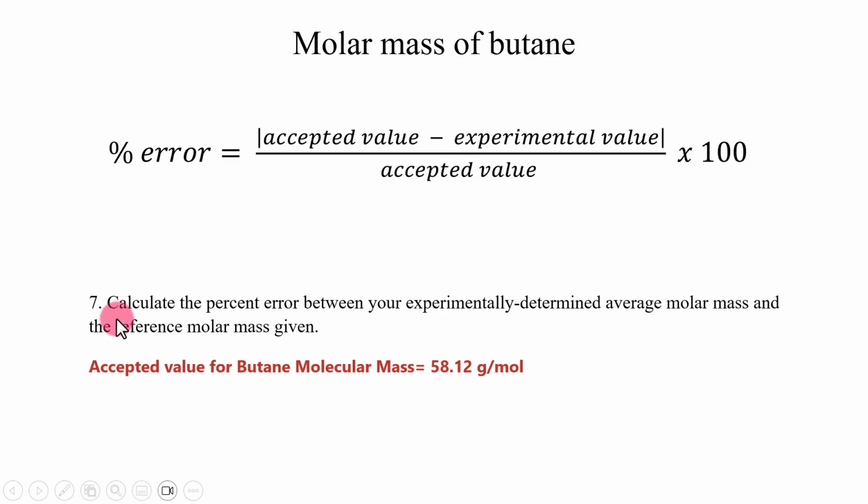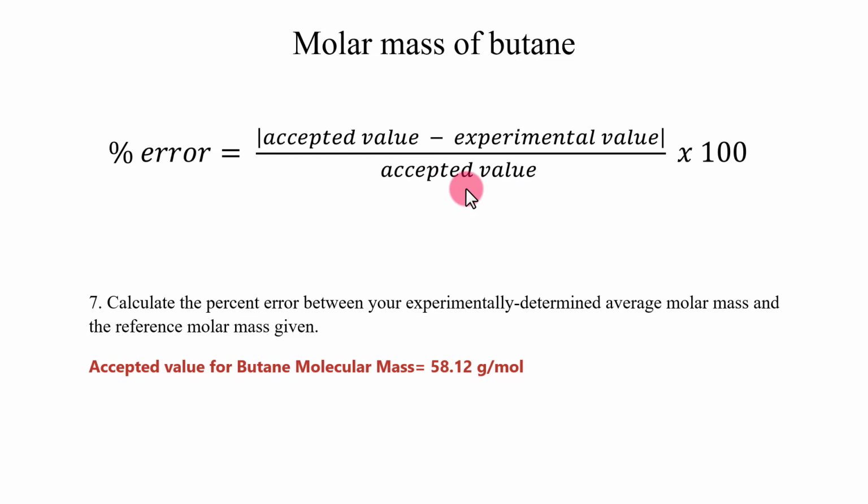When you are done with that, it asks you to calculate the percent error between your experimentally determined average molar mass and the reference that is given, which is right here. So reference, accepted value, literature value, they're all the same thing. This value goes right here. Your experimental value is going to be what you calculate in part 6, the average molar mass of butane from part 6. So the accepted value or literature value is going to be 58.12 minus the value from part 6, divided by 58.12